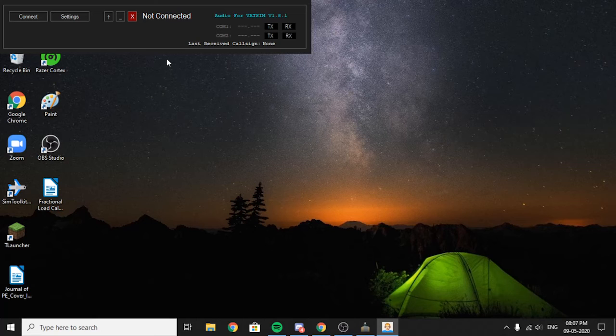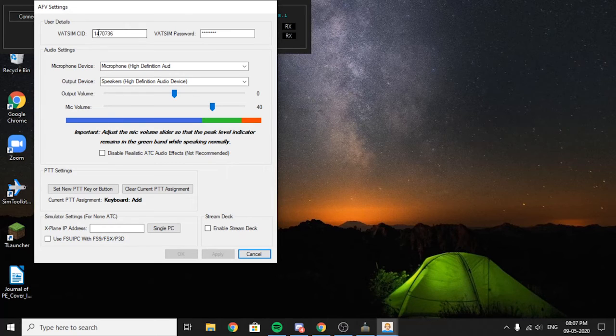The first time you have opened Audio for VATSIM, you should go to settings: VATSIM CID, VATSIM password, and then set up your microphone device which you will be speaking to, and the output device which you will hear. Then configure the mic volume such that the speaking falls in the green line; I have set it to 40.